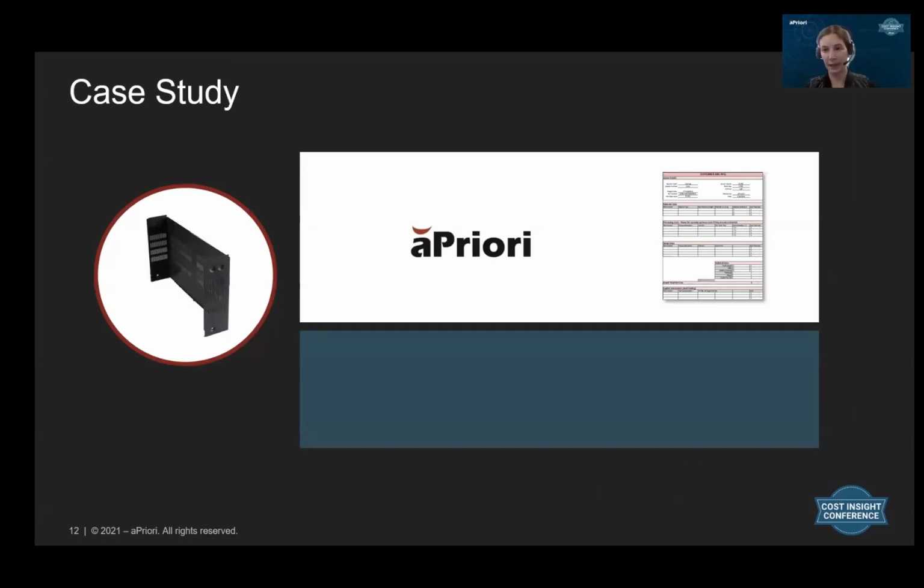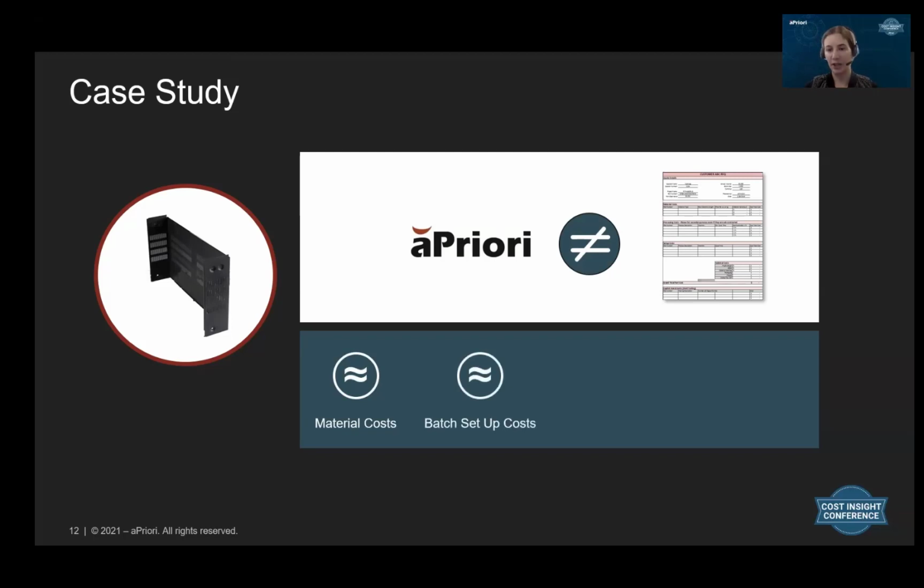Let's go through a real example from beginning to end. So this customer had a painted sheet metal part, and the aPriori cost did not match the supplier quote. So they requested a breakdown, and they saw that the material costs matched. The batch setup costs matched. The direct overhead and labor costs of the quote matched, and the routing matched. They could see by comparing the aPriori line items to the supplier's breakdown that the difference was in the painting